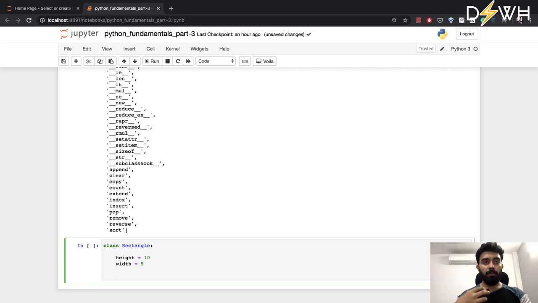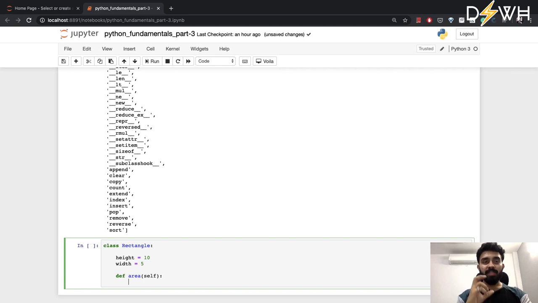For methods, let's define a class method, let's say area, and by default each of these class methods takes one extra parameter, which is always the first parameter, self. This self parameter refers to the newly created object of this class.